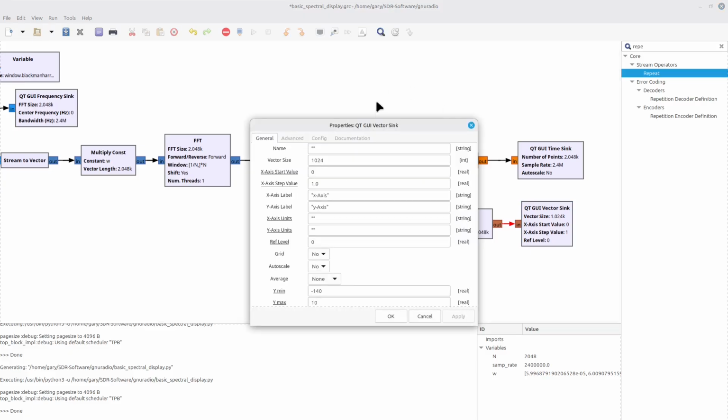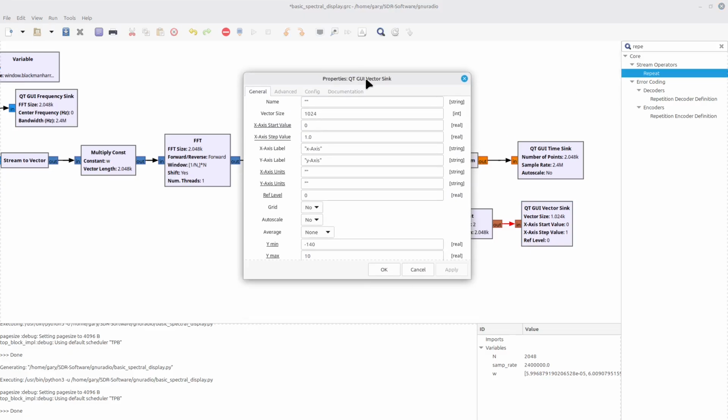Now, the vector sync is going to require several different changes. First thing, vector size from 1024 default to capital N. The x-axis start value, well, our x-axis for pretty much all of our spectral displays here start at the negative half sample rate.